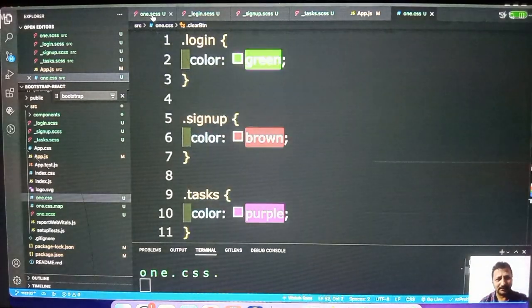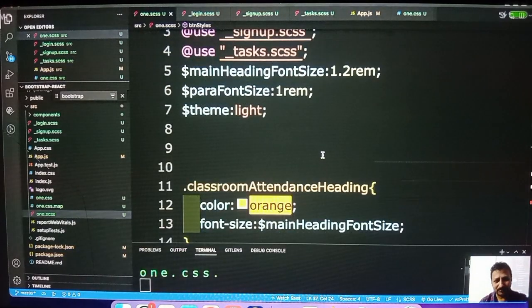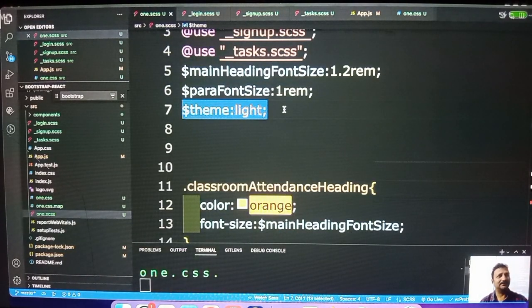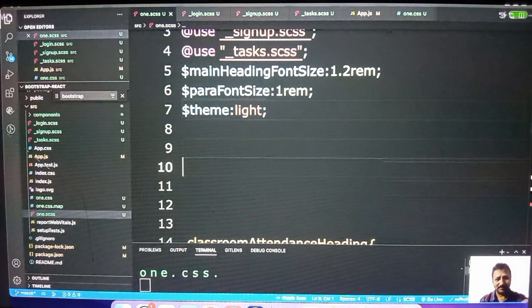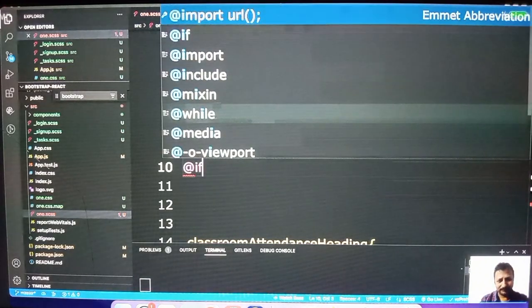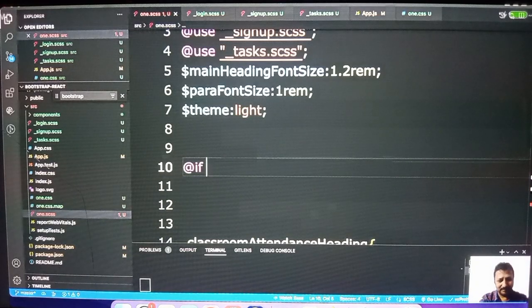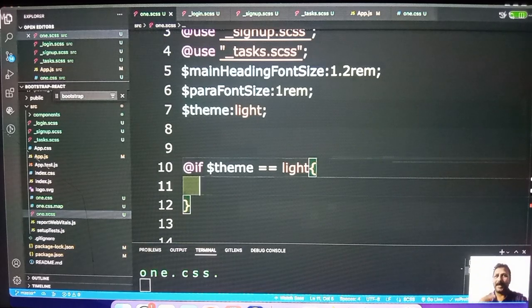One dot sass. What I'll do? Theme is light, right? Theme is the name of the variable, and light is the value of it. Now what I'll do? I'll write @if $theme == light. Theme is light. Now what I want is the background color to be